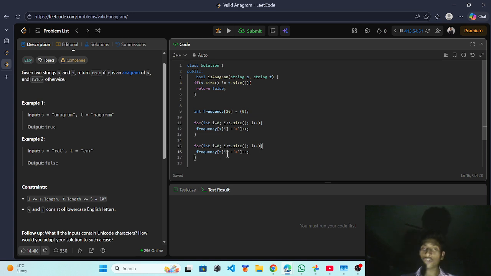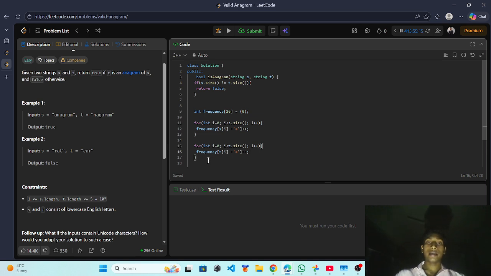the number of characters in the S string is equal to the number of characters in the T string. It means the number of the same characters. Suppose the number of character A was 3 times in S, and the number of character A in the T string was also 3, so that will be neutral. It means both have an equal number of the same characters, so it will be considered an anagram.